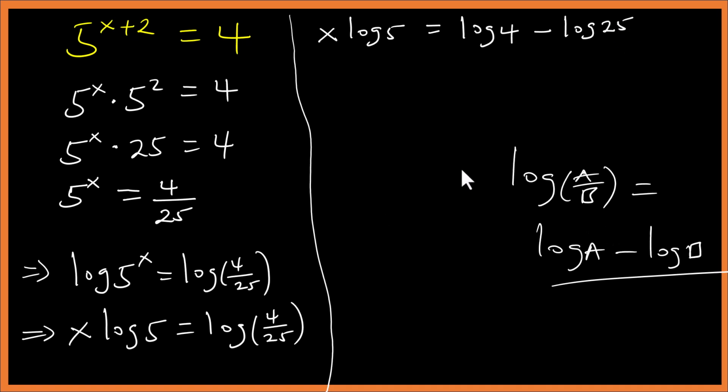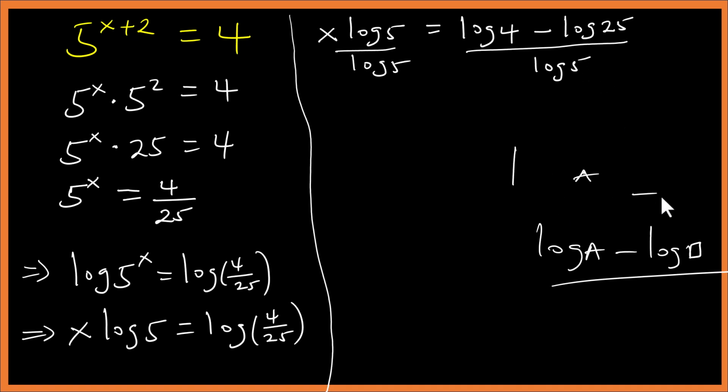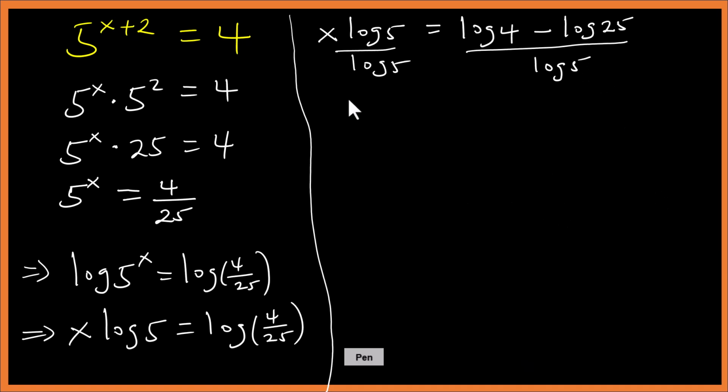Okay, so we can divide both sides by log 5, so this side will cancel,